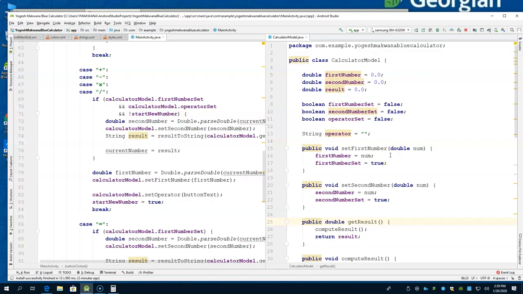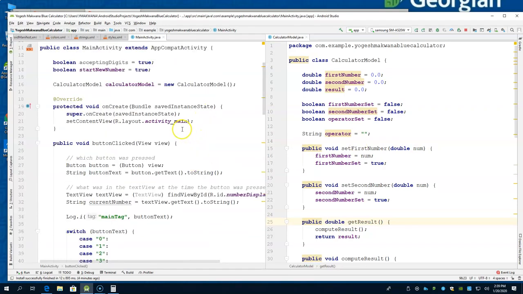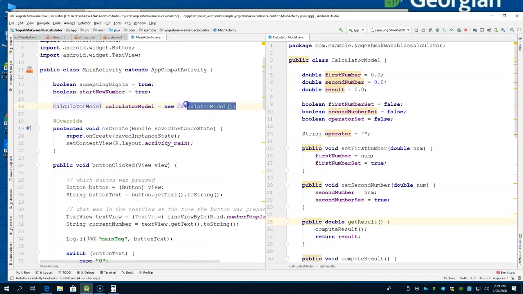all the things that the model is supposed to do. It knows first number, second number, operation. It has no awareness of what it looks like in the view. You can go ahead and change the view. You can change all the buttons to something else. You can change the entire scheme. The model will still stay the same. And the controller is what talks to both of them. The controller has an instance of the model. That's how we started. We created an instance of the model. So every time something happens on the view, you press a button, the controller receives an event